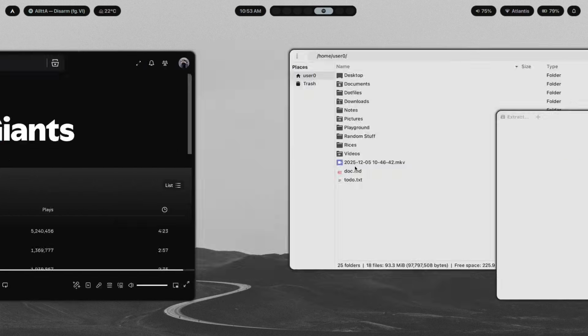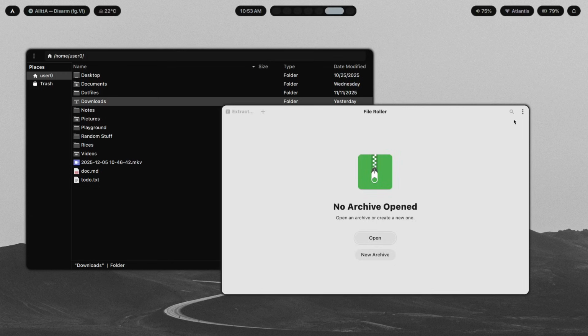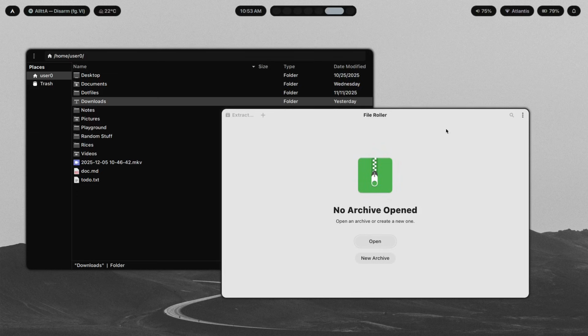Then, lastly, we have the GTK apps themselves. Now, you might be wondering why Thunar, which is a GTK3 app, has updated, but then FileRoller, which is GTK4, hasn't. It's because of a limitation in the way that GTK4 apps themselves are written. So basically, GNOME, or whoever the devs of GTK4 apps are, they decided that theming is no longer going to be a priority, and instead GPU accelerated rendering, and a bunch more other stuff is going to be,